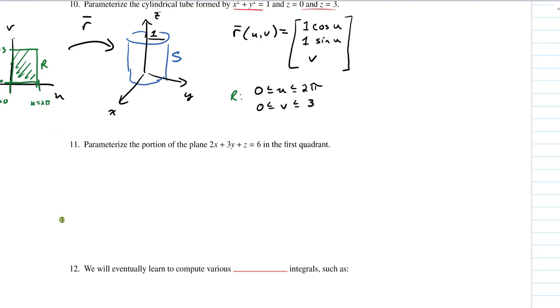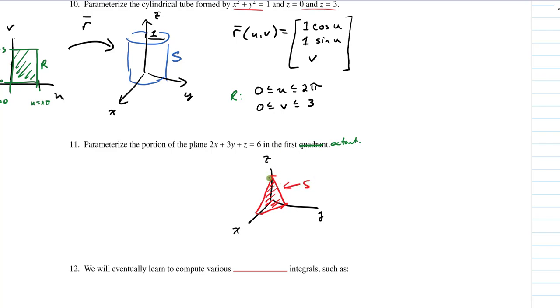Okay, so for this next parameterization, what we want to do is parameterize the surface that is this plane in the first octant. So let's just look at our surface for just a moment. We know what this surface looks like. In XYZ space, this would be this surface right here, where up here z is 6, and it looks like x could go out to 3, and y could go out to 2. And so this is our surface